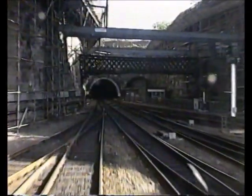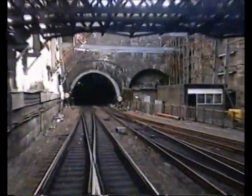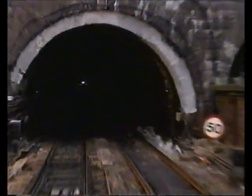So we had the 150 year celebration last year. Of course, yes. Yes, I came up for that. And this tunnel was whitewashed, turn left, and